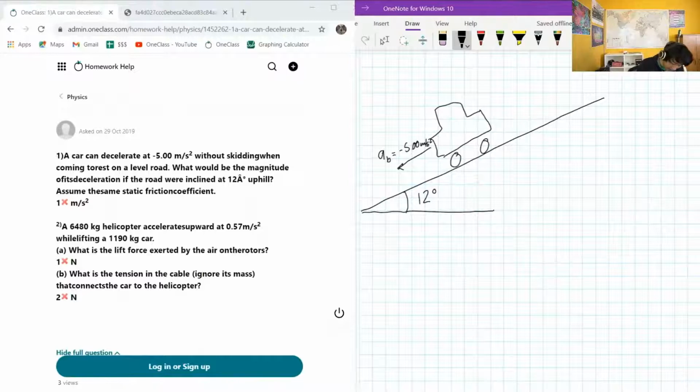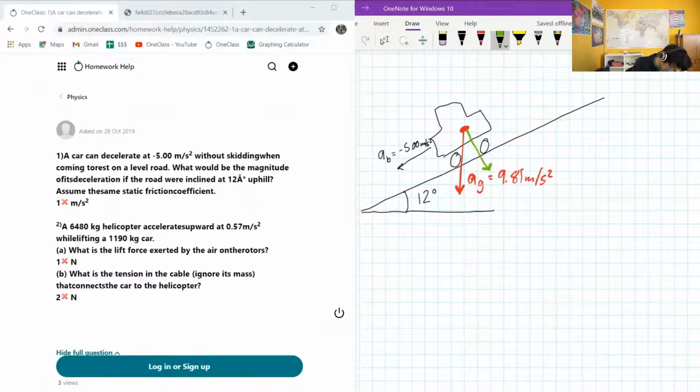Now, gravity is accelerating straight down like this. So maybe I'll do that in red. This will be AG, which is equal to 9.81 meters per second squared. Okay, but a lot of this acceleration is really just absorbed by the fact that the car is being pushed into the ramp itself. So not all of this gravity is going to be incorporated into the deceleration of the car as it's going uphill. So it would be better if we could break this down